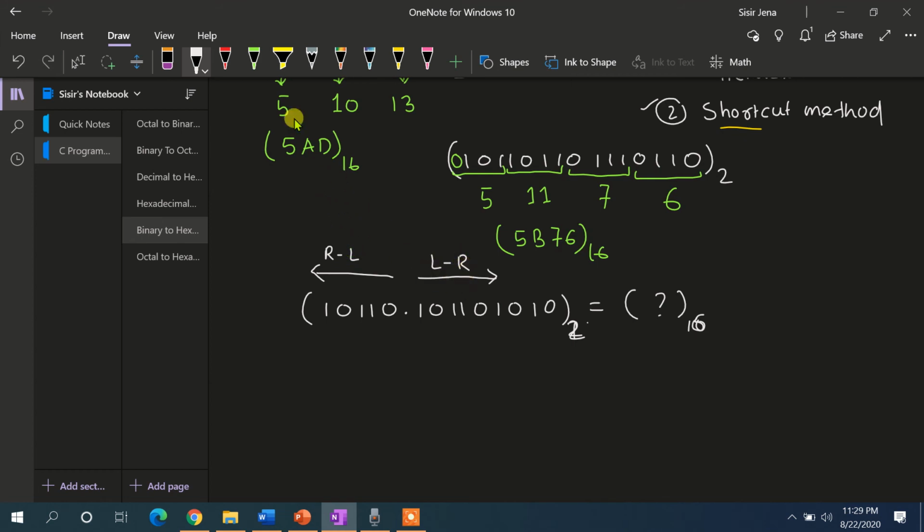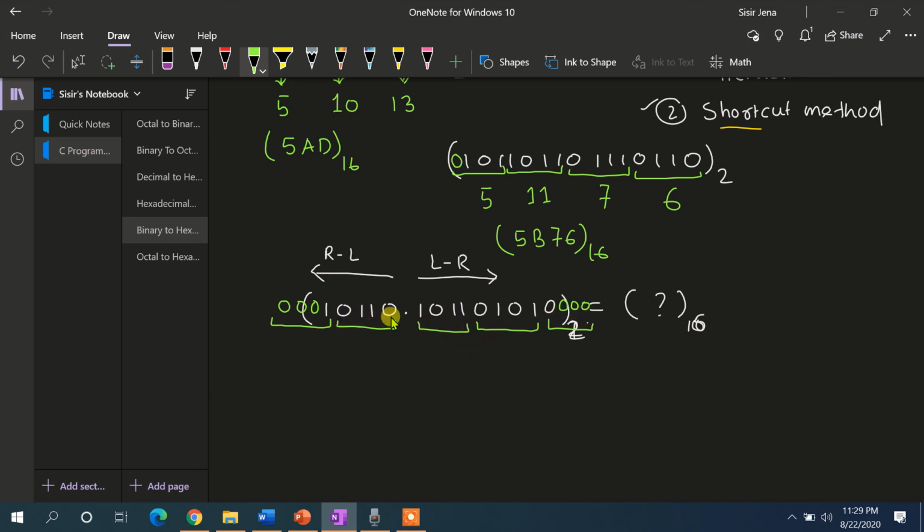Now see how I'm doing it. I'll combine 4 digits each, and I have made a combination. This is 1, there is no digit available, so I'll put 3 zeros to make it 4 digits. So this is the second combination. Now for the values after the decimal point, you will combine the terms from left to right, 4 digits. There will be no digit available for the last group, so put 3 zeros to make it another 4 digits. After doing this, it is quite easy to convert it into its corresponding hexadecimal number.